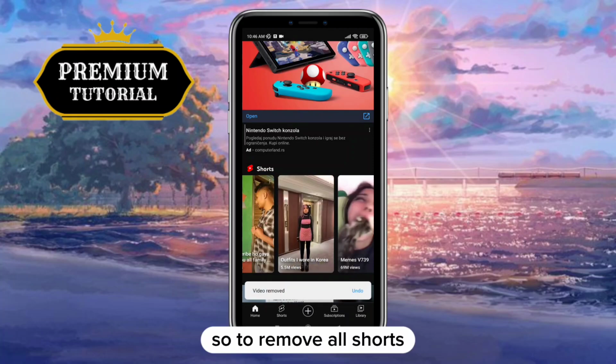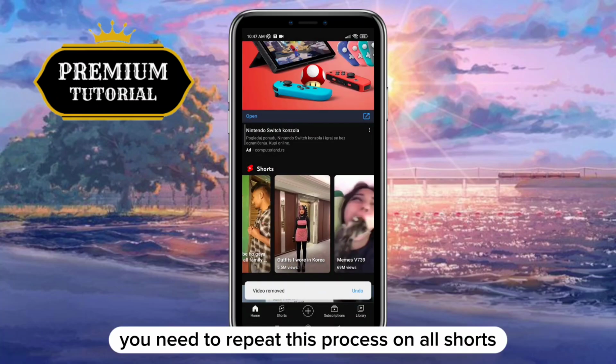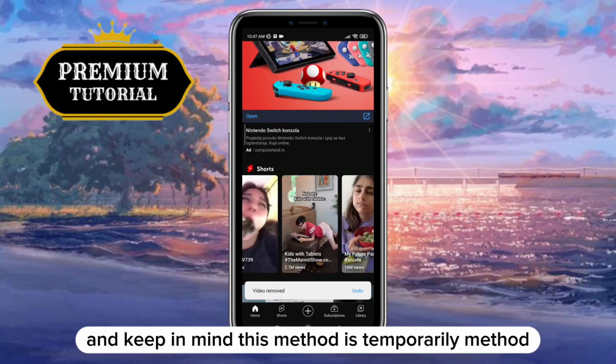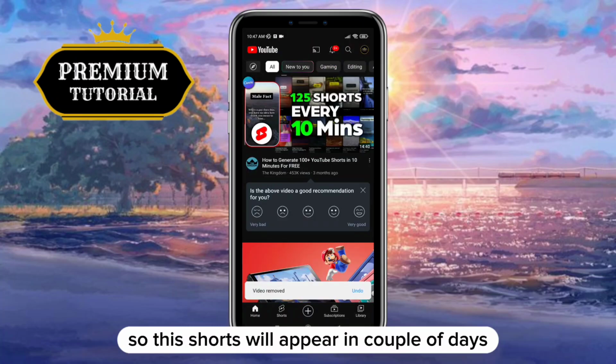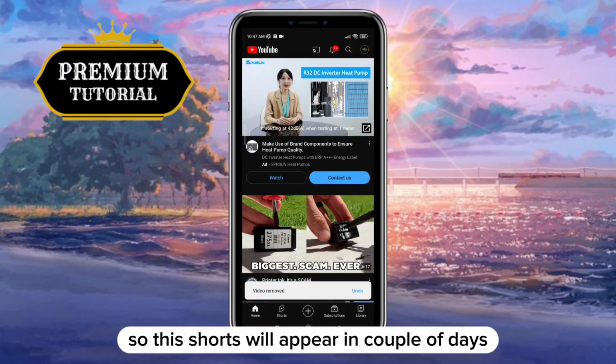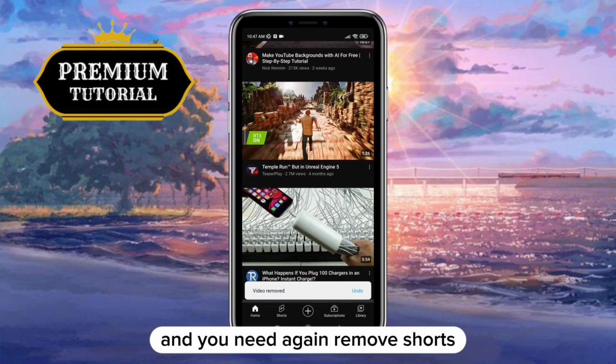So to remove all Shorts you need to repeat this process on all Shorts, and keep in mind this method is temporary, so these Shorts will appear again in a couple of days, and you need to remove them again, and that